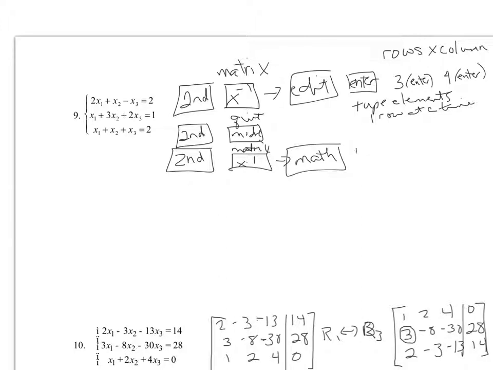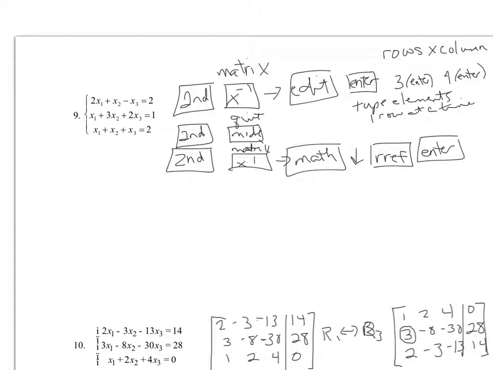And then you're going to arrow down until you find RREF. If you remember, when we first started this lesson, I wrote RREF on something that was in reduced row echelon form. And part of the reason I did that is because that's what you're going to need to look for in the calculator if you want to check your answer in the calculator. Once you find that, hit enter,